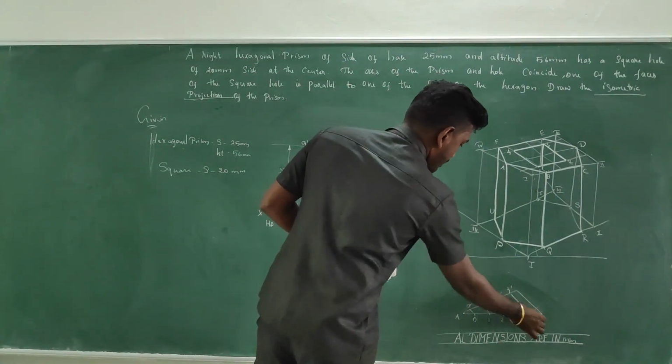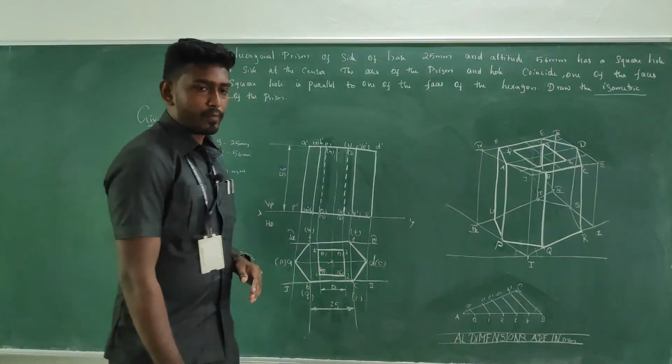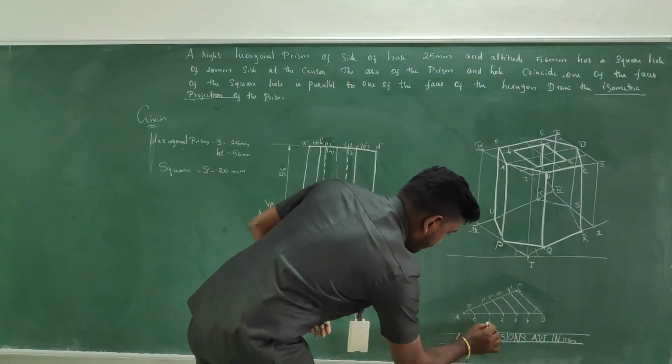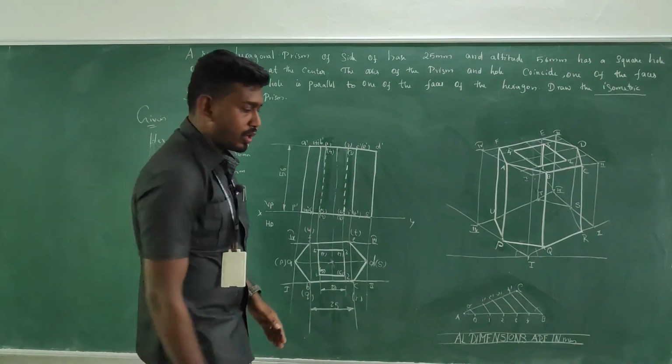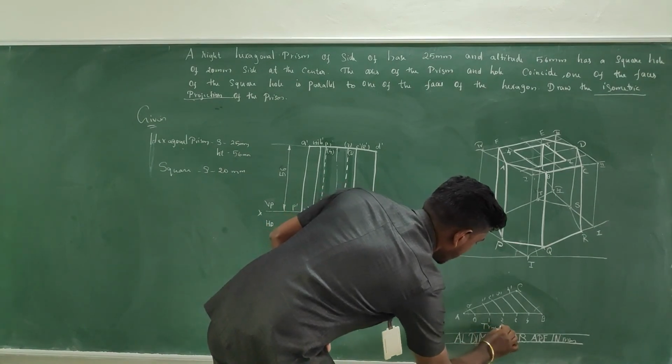If I take this as A, B, and this third one as C, okay. At the bottom base, this is the true length, so take the note as true length,